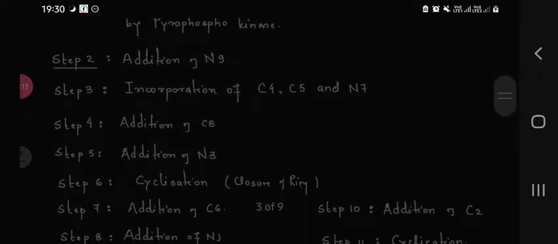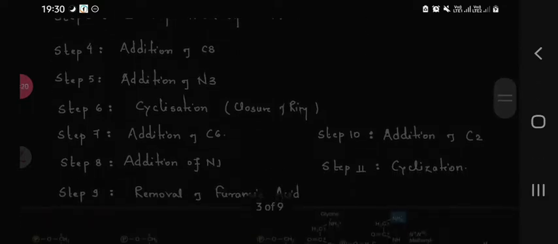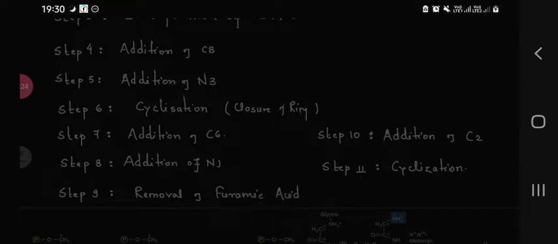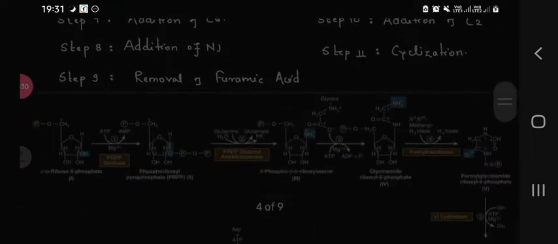Addition of N9, incorporation of C4, C5 and N7, addition of C8, addition of N3, cyclization, closing of ring, addition of C6, addition of N1, removal of fumaric acid, addition of C2 and cyclization. So here are the enzymes: PRPP synthase, PRPP glutamyl amidotransferase, formyl transferase,